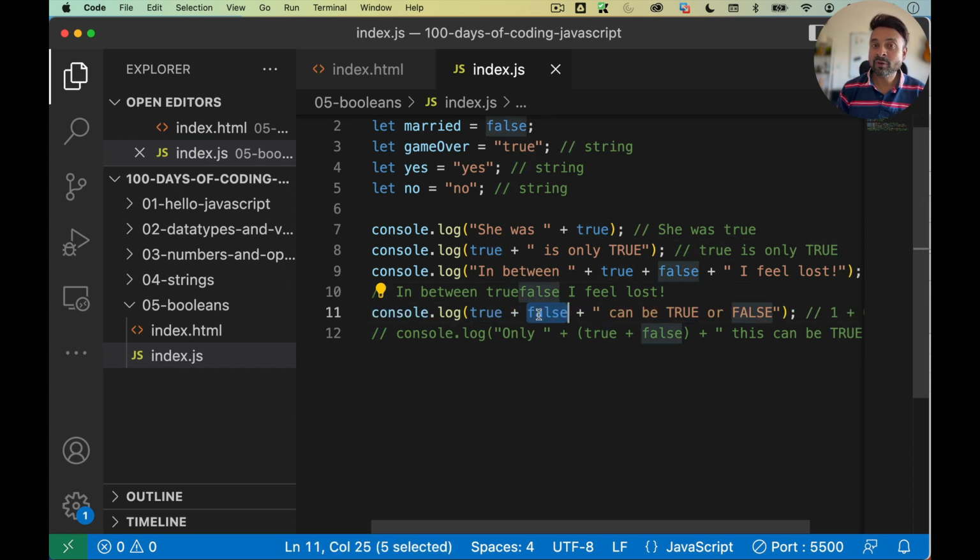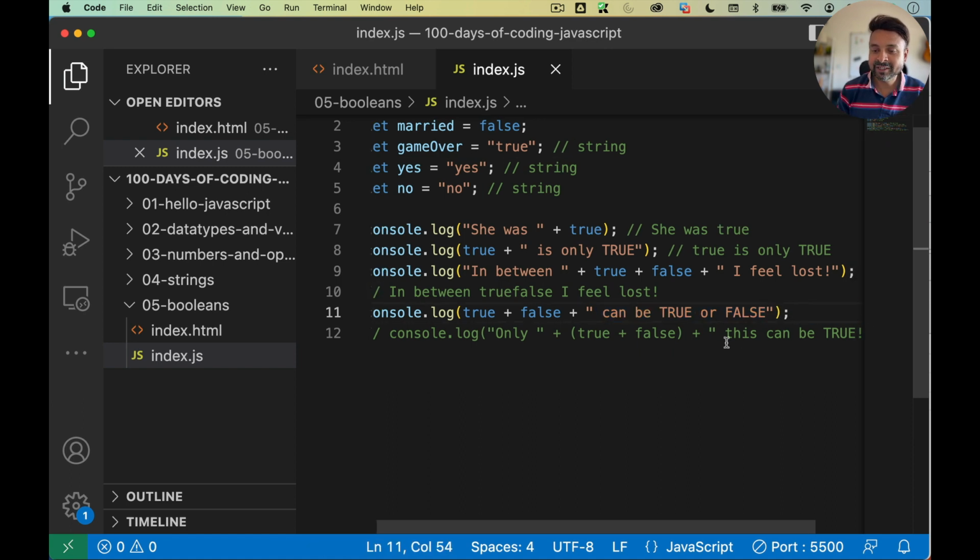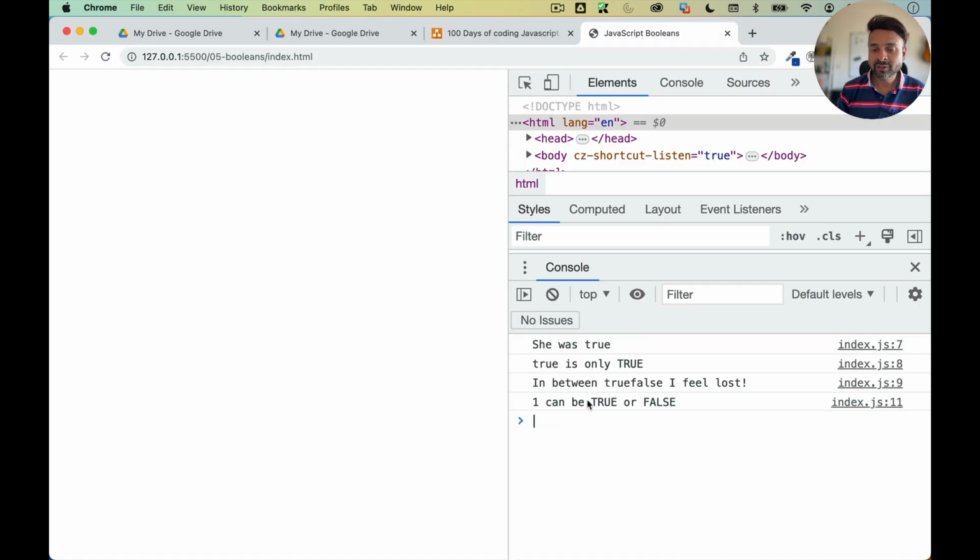Console.log true plus false. Now we don't have a string when we are starting to evaluate from left to right. True plus false can be true or false. What do you think? What will be the output? I'm going to remove this actually. Okay, true plus false. What do you think? One can be true or false. So in this case,